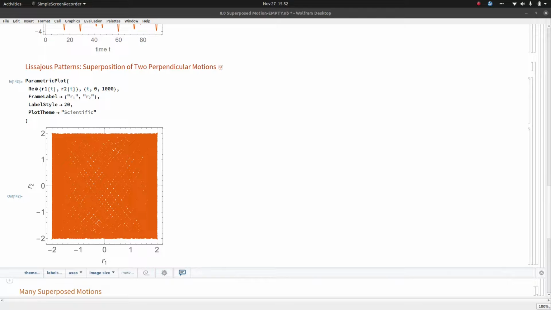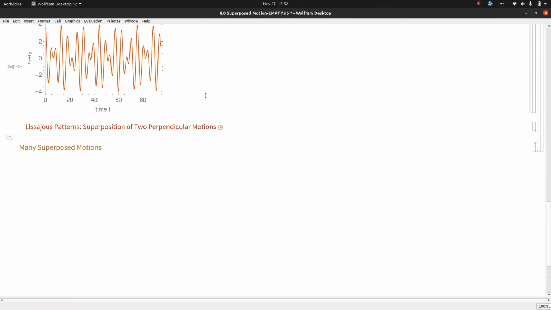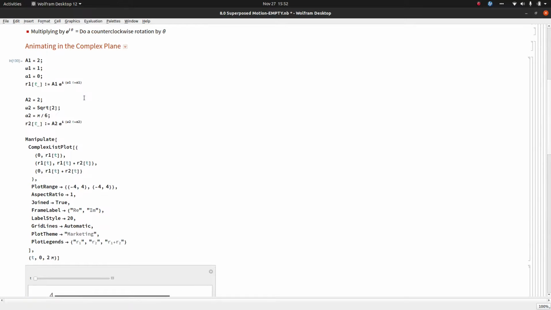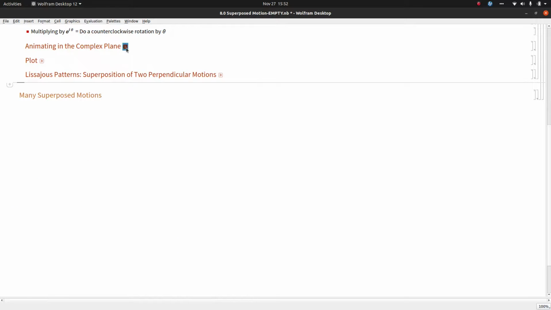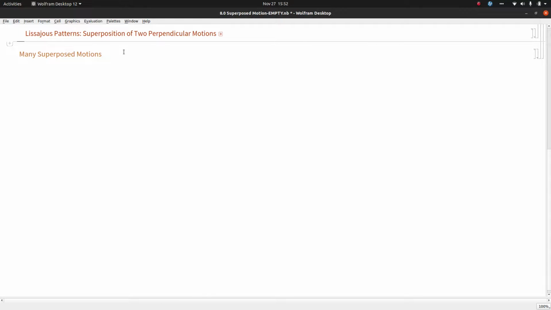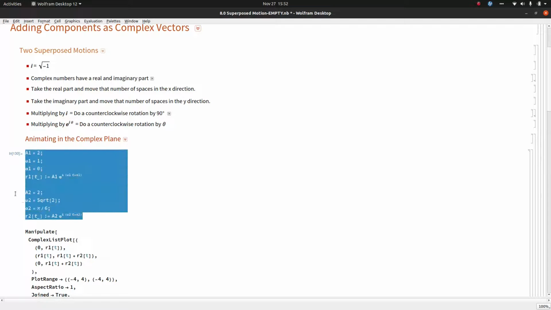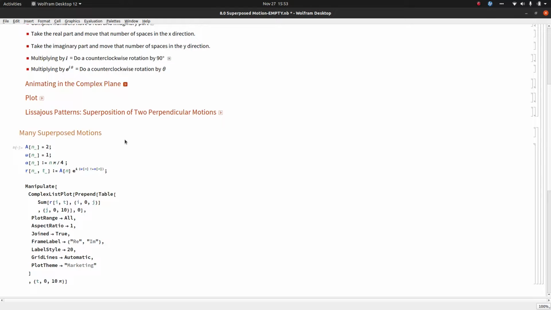So these are some neat tools for exploring superposed motion. You've got your Lissajous patterns. We can just plot what the superposed motion looks like. We can graph it in the complex plane. What if you want to superpose many motions? Well, I'm not going to spend the time to actually write out a whole bunch of harmonic oscillator equations in the complex exponential notation. I'll let you do that on your own, but I will show you what happens if we